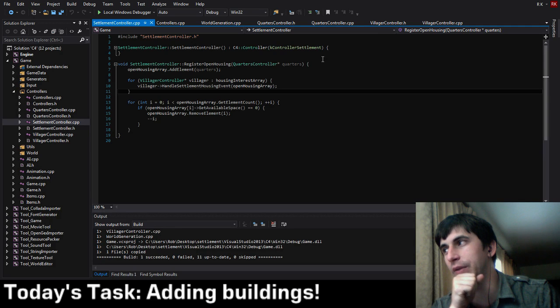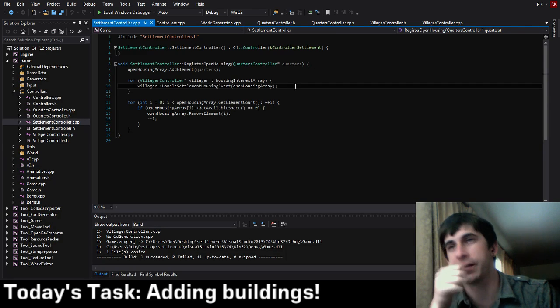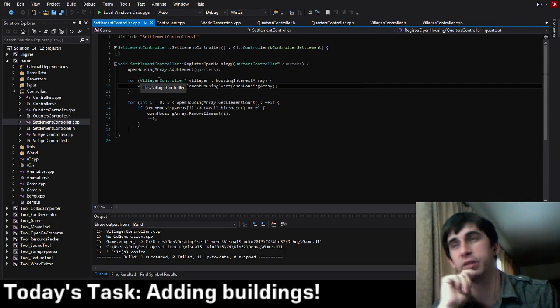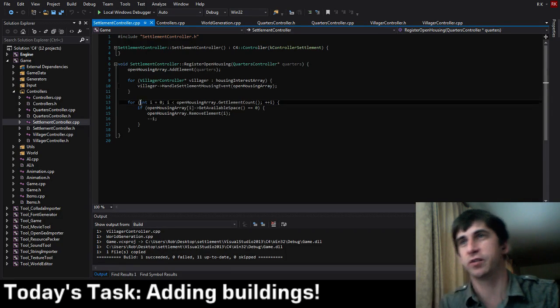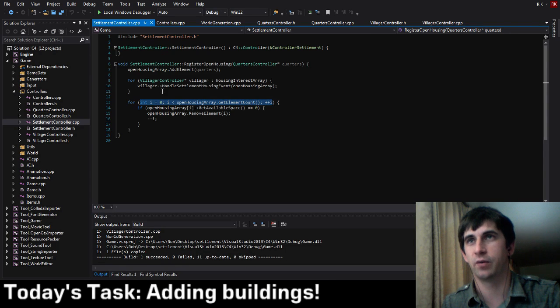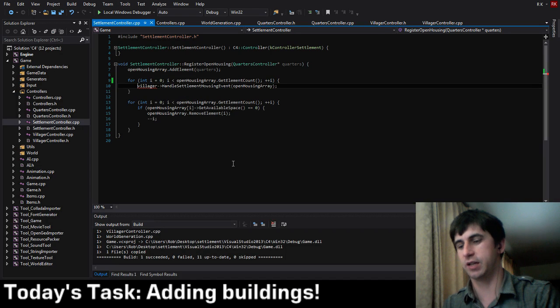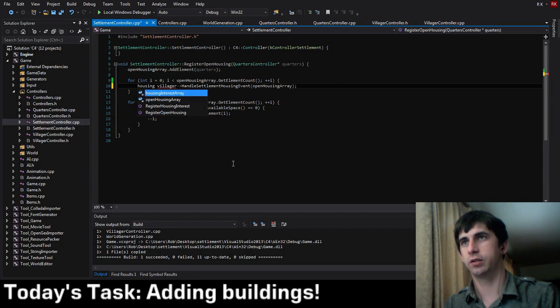How do we get around this? We have to check after each person if the size has changed. That's really the only way to do that. And we need a standard for loop to do this now. Otherwise, problems abound. So we need to say in our housing interest array,